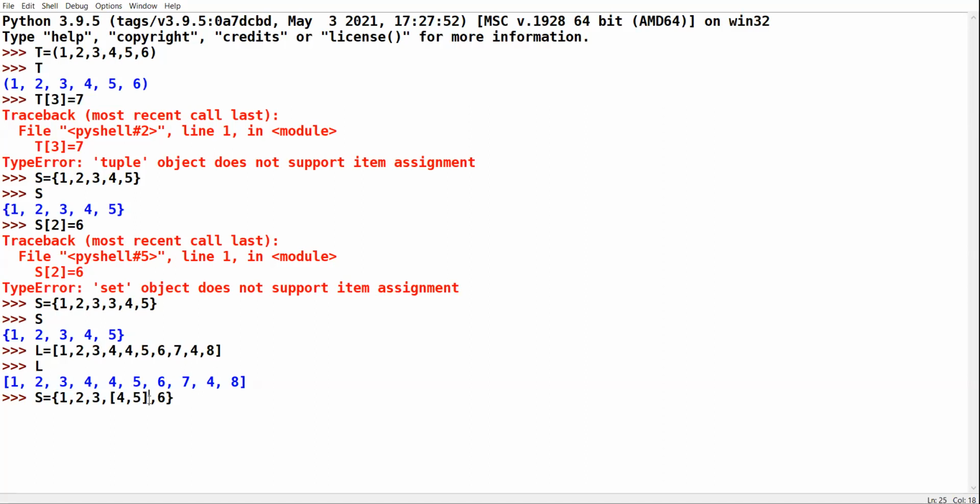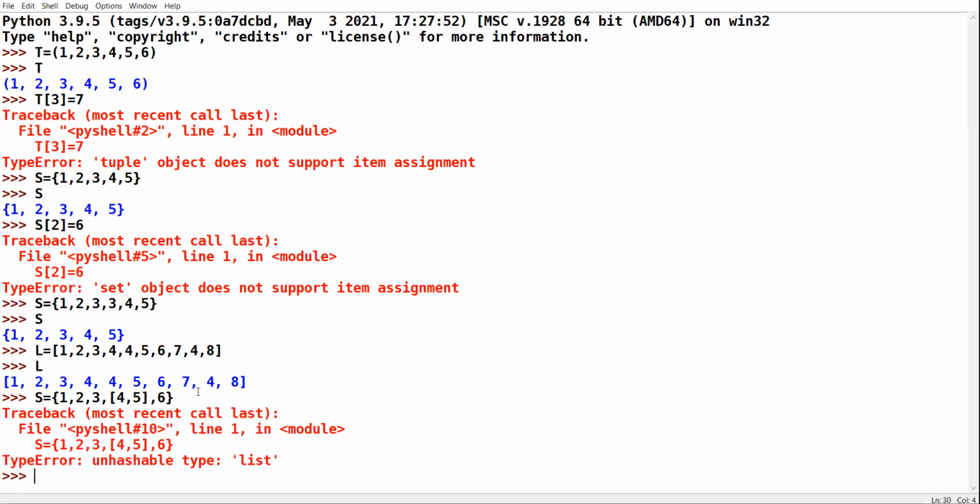I try to insert one mutable element inside the set. It will indicate error: unhashable type list. It doesn't allow.